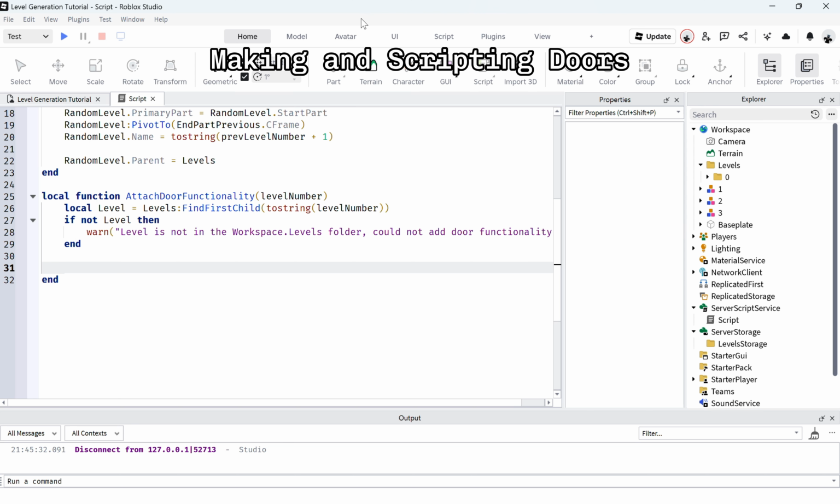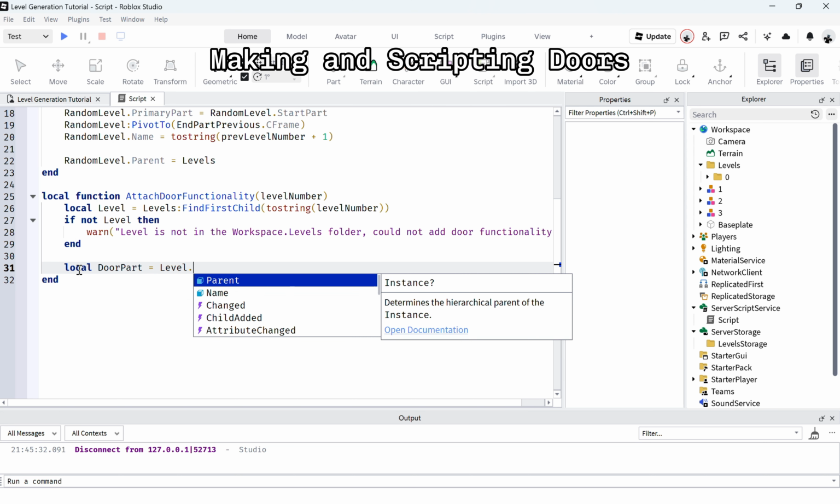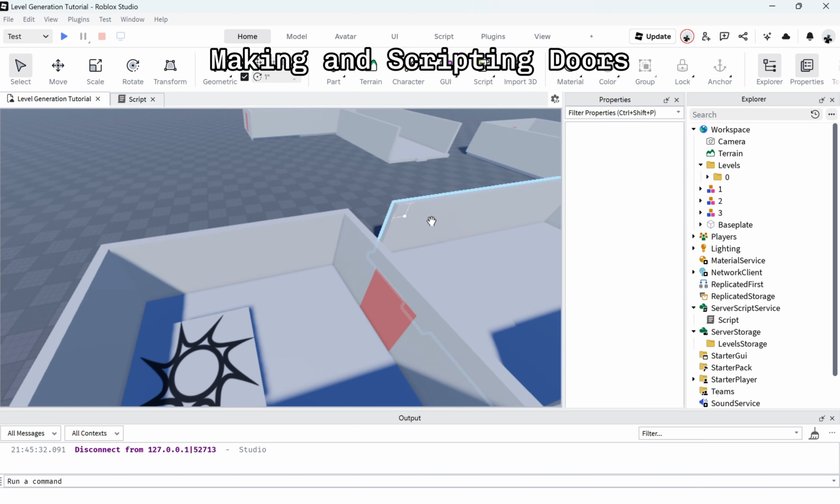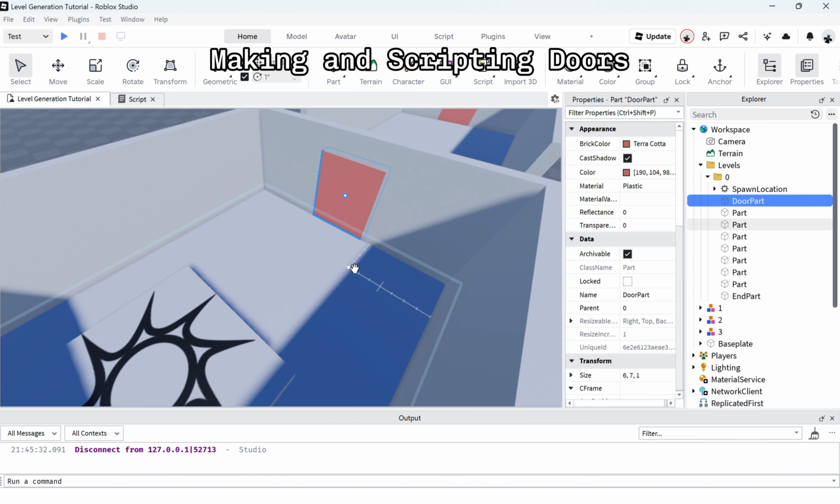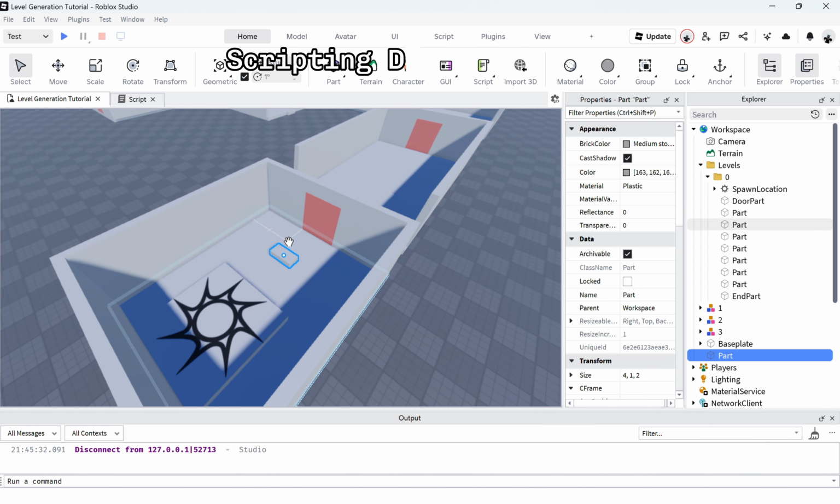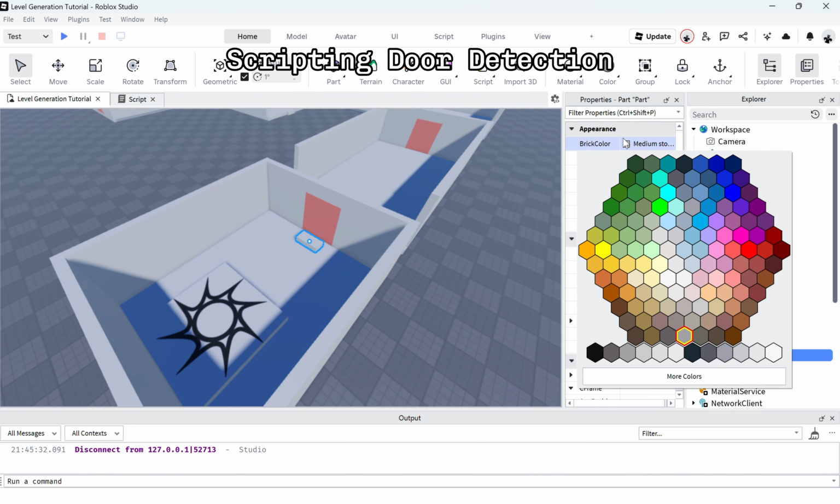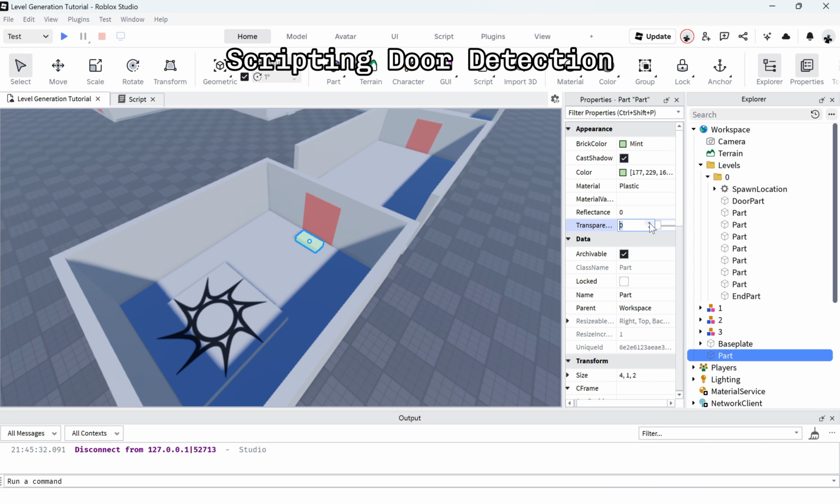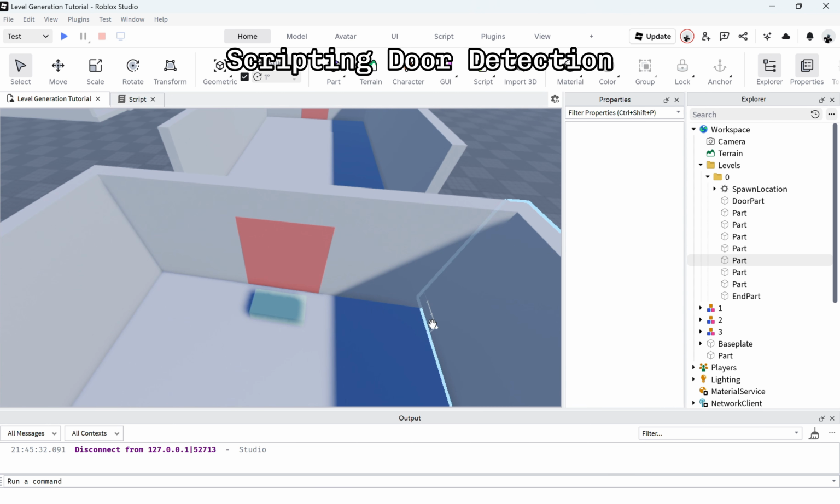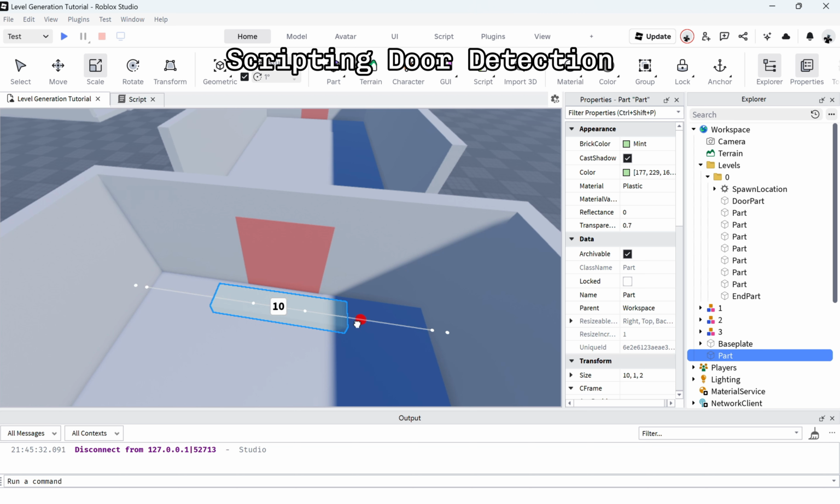All right, so now we can create a reference to that door part by saying door part equals level dot door part. So I've stated before that we need to actually detect when the door opens. And the way we can do that is if we create this kind of part, and it should be kind of transparent, but for now I'll just make it green and almost semi-transparent. And if it was encompassing the door here,